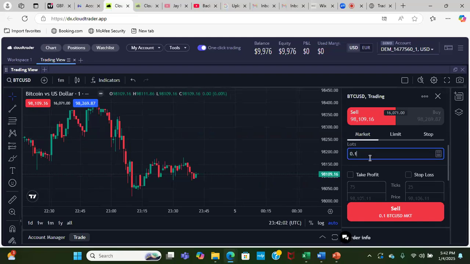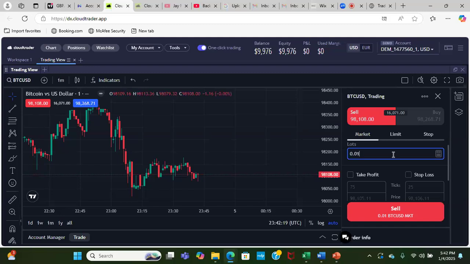We teach profit maximization, and that goes over risk management and your lot sizes and all of those things. So anyway, for learning purposes, you would go to Bitcoin, you would press sell because that's what he called. You would change your lot size to 0.01.